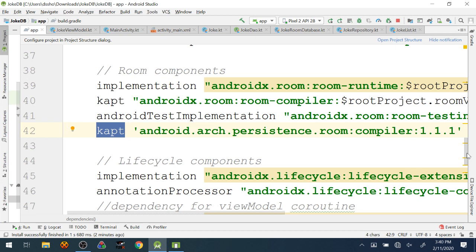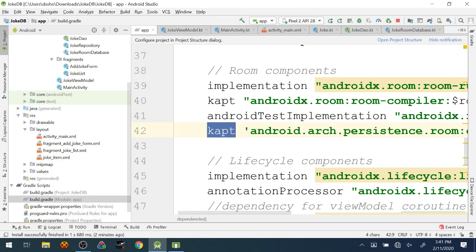The next question, if you're having Room problems specifically, is do you have all the annotations? Because that's probably the second most common thing that I see. Forgot to put the DAO annotation. Forgot to put the database annotation. I've done that before too. I'm going to do it again sometime. I almost did it today. It's going to happen. Very common kinds of things that you might run into.